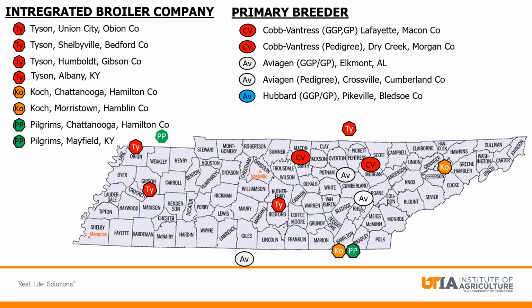Continuing with our introduction to the poultry industry in Tennessee, I've got a map here that shows where integrated broiler companies and primary breeders are located in our state. One thing to understand is that, particularly for the broiler companies, most of the poultry manure, the litter, in other words, is going to be available within about a 35 or 40 mile radius of the location of these processing plants, because the processing plants themselves are sort of like the sun at the center of the solar system, and then they're surrounded by